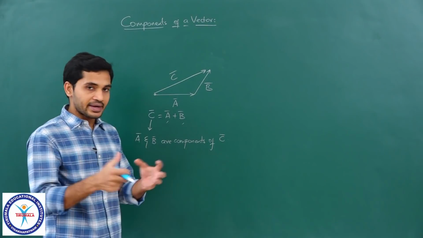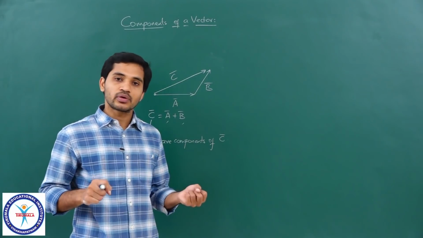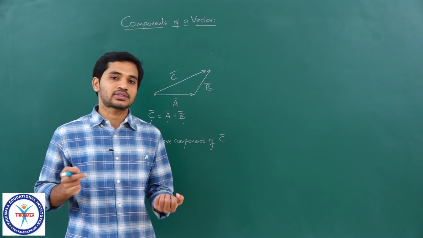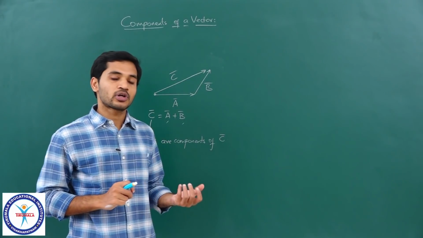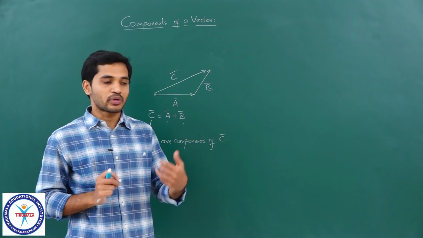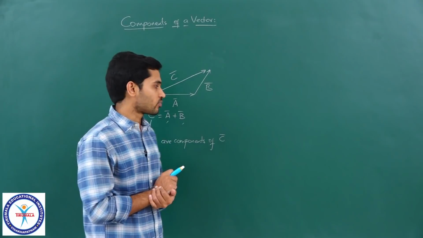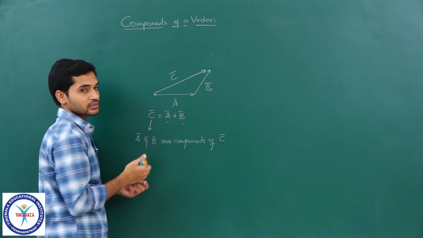So, till now we have added the vectors, now we will be breaking down a given vector. So, we will be understanding how to break it down into different parts. Clear? And we have a few methods for how to break it down and represent that in a simple form, which is what we will be learning. Clear? So, basically components means breaking a vector.